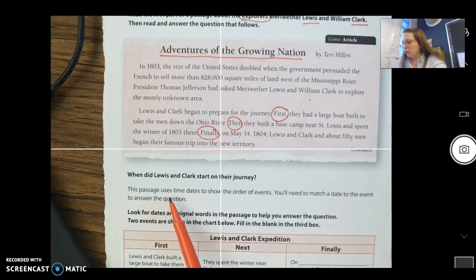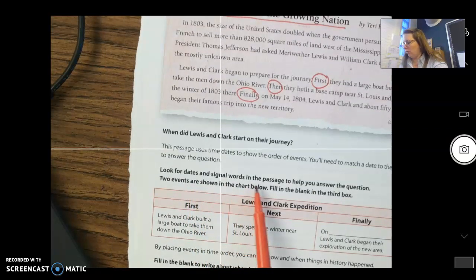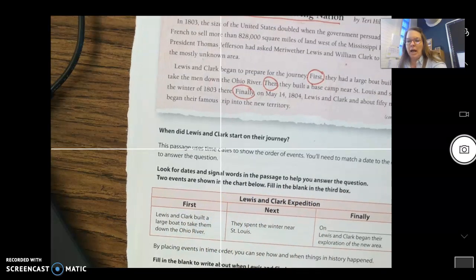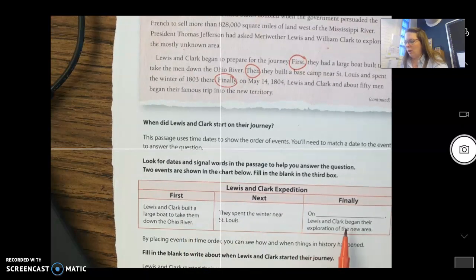It says the passage uses time dates to show the order of events. You'll need to match the date to the event to answer these questions. Okay, so it says look for the dates and signal words in the passage to help you answer the question. Two events are shown in the chart below. Fill in the blank for the third box. So let's read these two and then I want you to pause the video and fill in